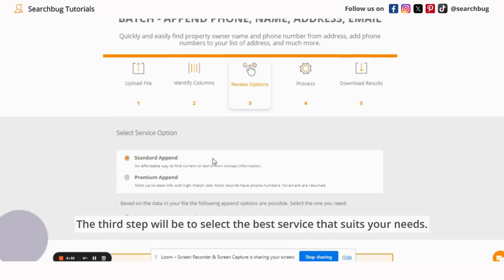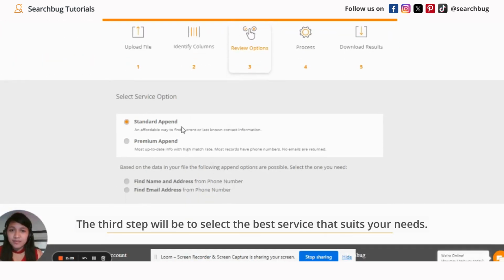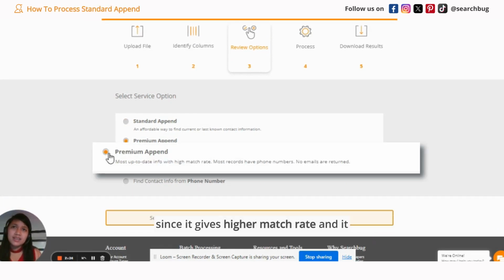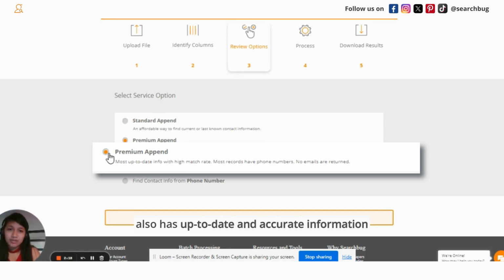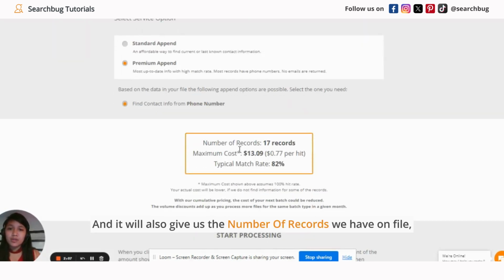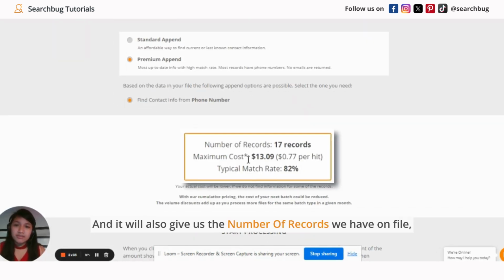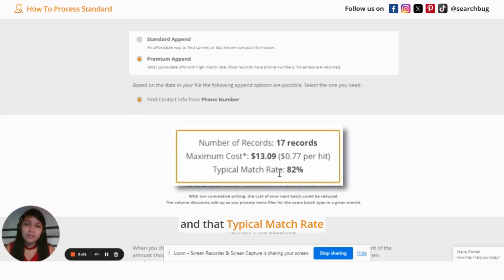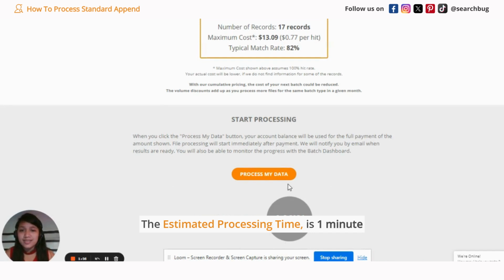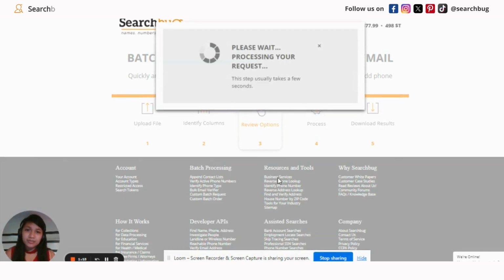So the third step will be to select the best service that suits your needs. What we usually recommend is the premium append, since it gives a higher match rate and it also has up-to-date and accurate information compared to the standard one. The service that we want is to find contact information from phone number, and it will also give us the number of records we have on file, the maximum cost, the typical match rate, and how long this will take. So the estimated processing time is 1 minute,